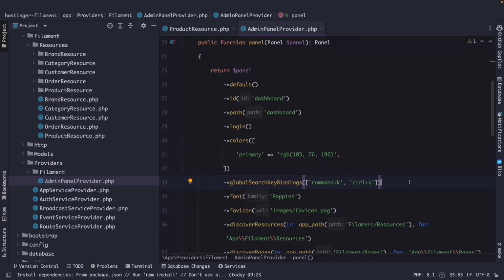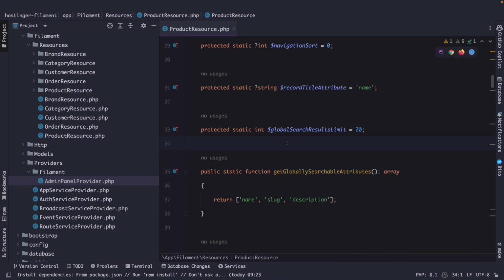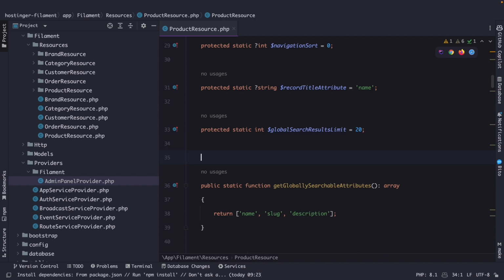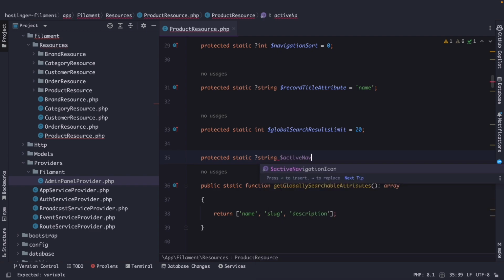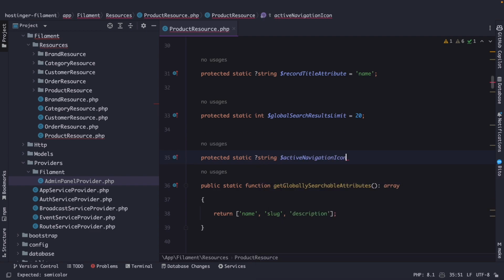Let's navigate back to PHP Storm, and let's close off our admin panel provider, and let's work inside our product resource. Right here, I want to overwrite a new property named protected static string activeNavigationIcon, which allows you to overwrite the default icon for the current navigation item in the navbar. So let's set the value equal to hero icon